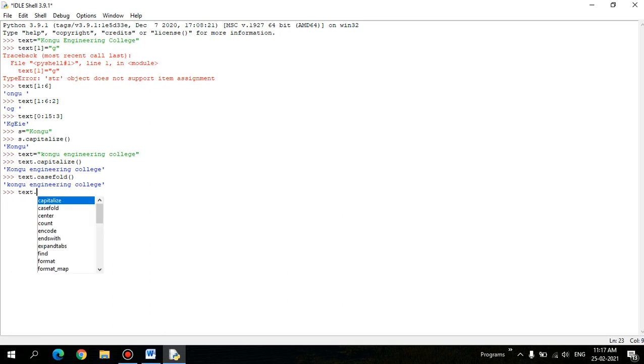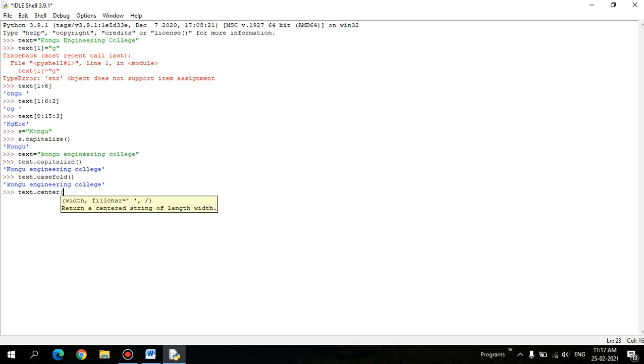And center is another function that returns a centered string of a defined length. So here you need to define a certain length. Let's take 30 as my length. Let's go for a longer size, because the string Kongu Engineering College is longer, so let's go for 50.